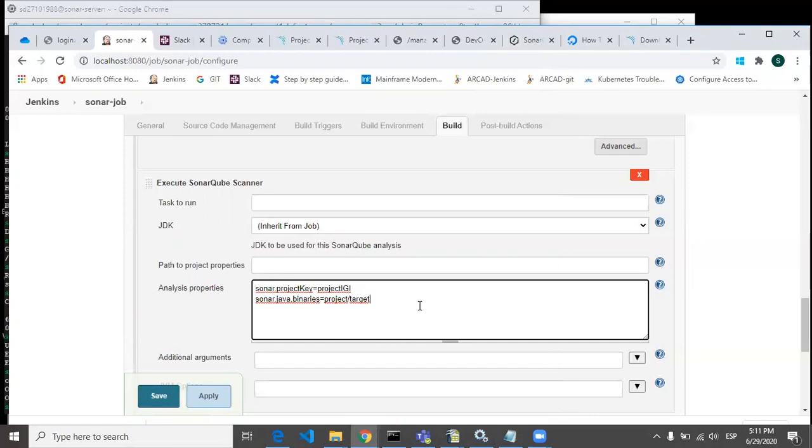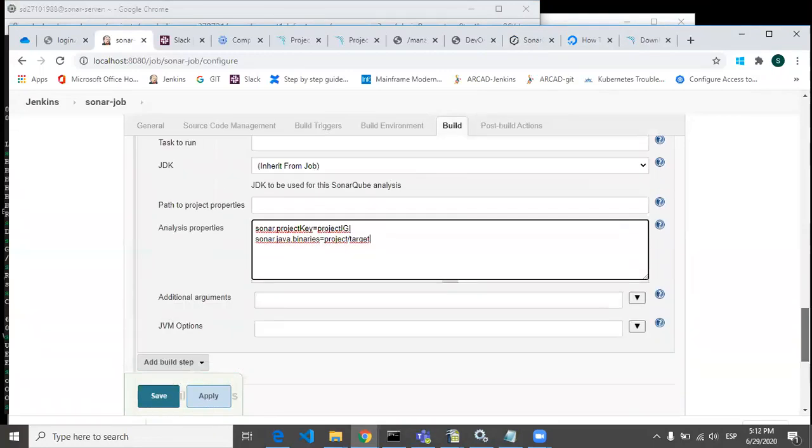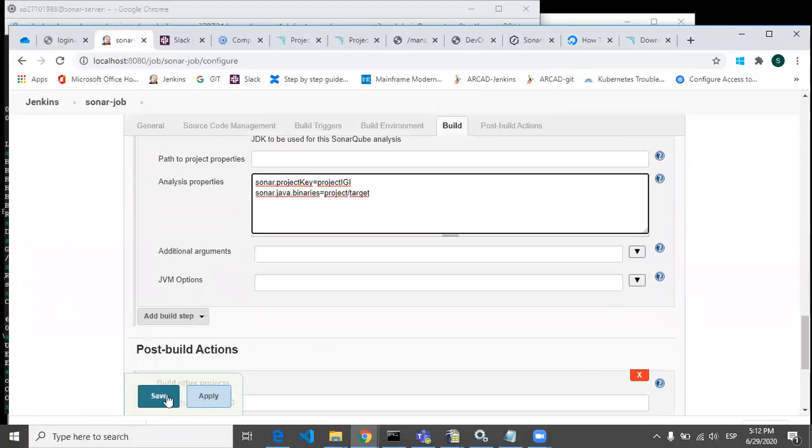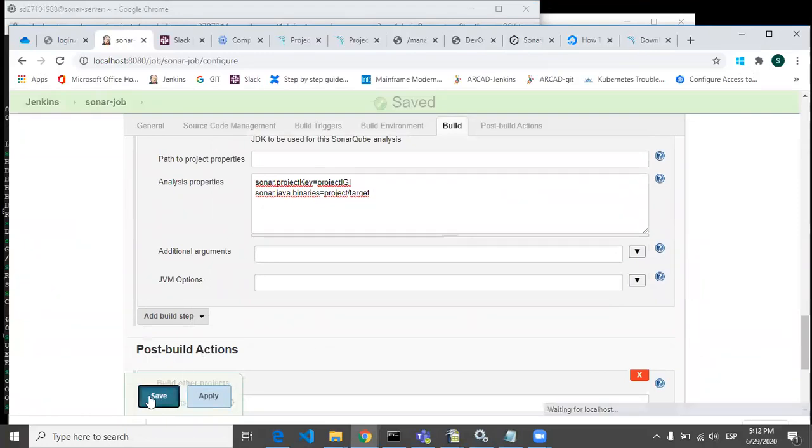Our war file is present in the project/target folder, so that's why we have given the binaries path there. You don't have to do anything else, just click apply and save.